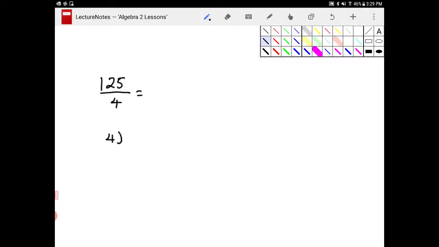In order for me to figure out how many times 4 goes into 125, I'm going to write it out like this. I can see here that 4 goes inside of 1 zero times, so I need to go into the next placeholder. 4 goes inside of 12, on the other hand, 3 times, and I subtract, bring down the 5, and I notice that 4 can go inside of 5 once with a remainder of 1. So in other words, this 125 over 4 can be reduced to 31 and